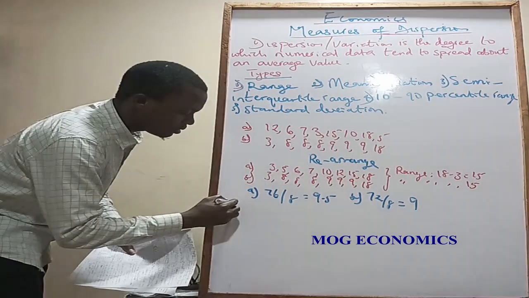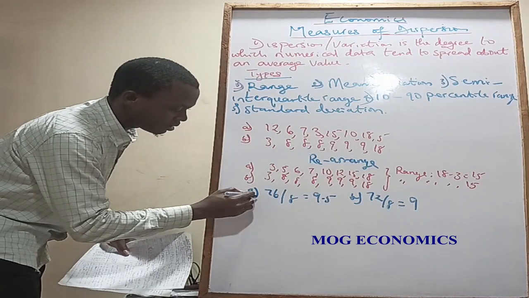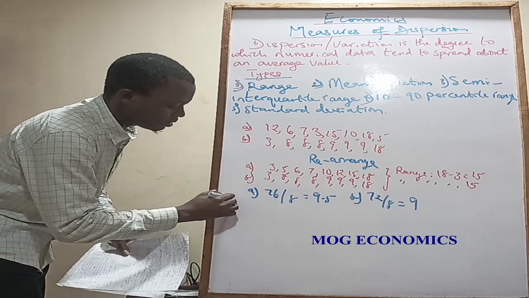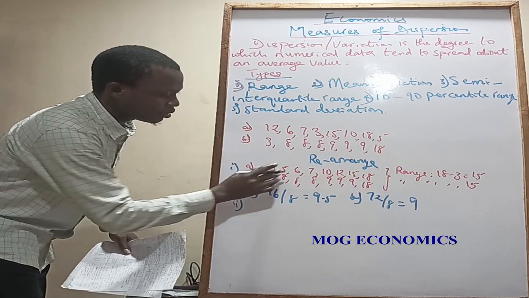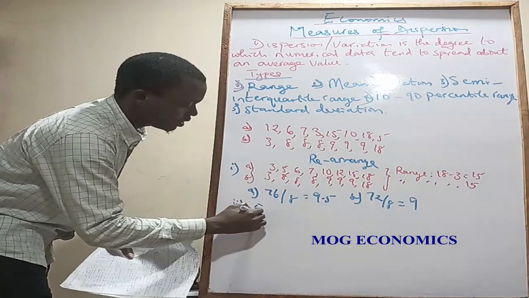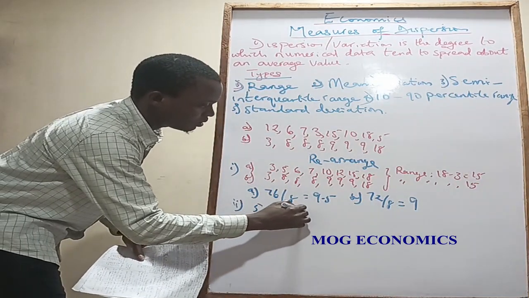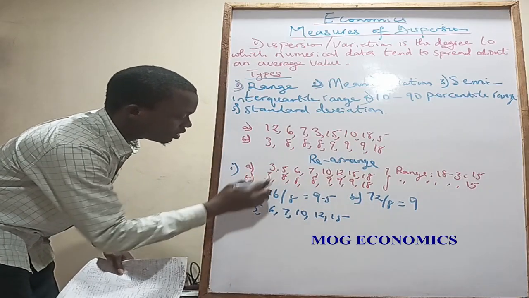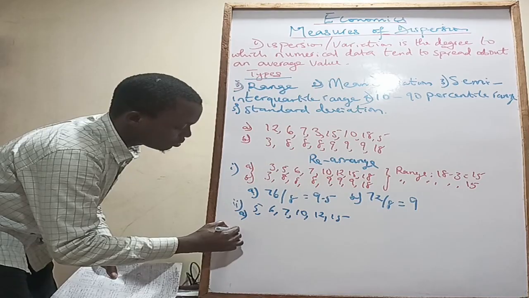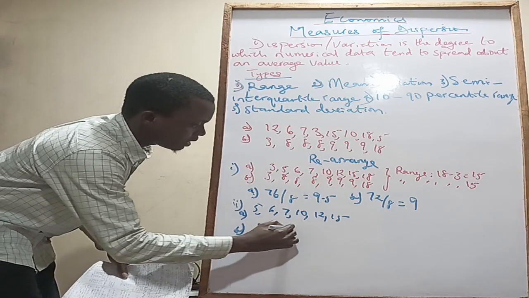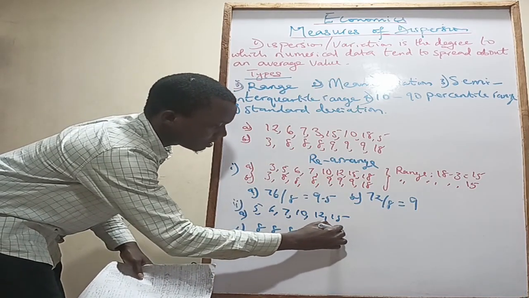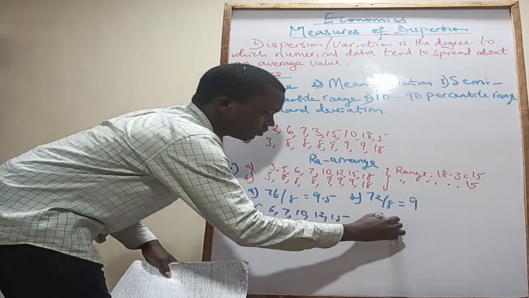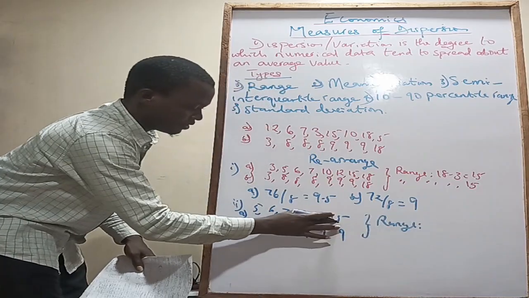So if you eliminate the outliers from A, let me just call this I. We are going to be left with 5, 6, 7, 10, 12, and 15. And then this other one, I call this A, I call this B. I'm going to be left with 8, 8, 8, 9, 9, 9. So the range now for both of them, 15 minus 5